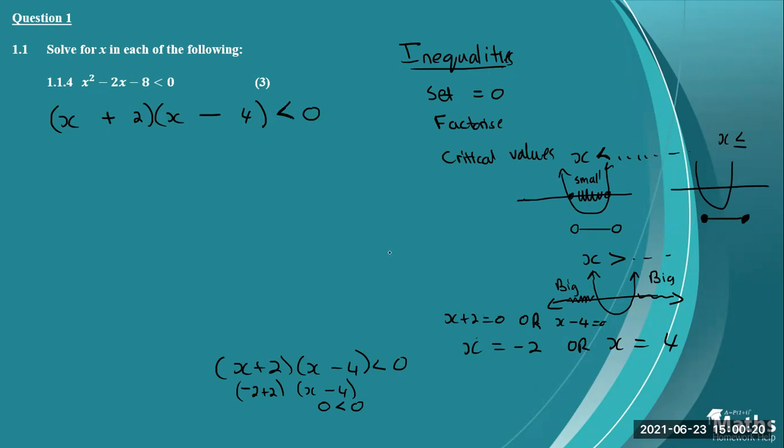So if that is negative 2 for the shortcut, there's negative 2 and there's 4. So x is smaller than, so we look at the values on the inside. Or if you work with your lines, then it means you won't include the values. Whenever x is in the middle, you write the answer with x. I mean, if the values are in the middle, you always put x in the middle. So x will be smaller than 4 or bigger